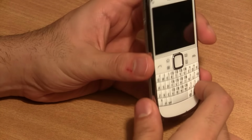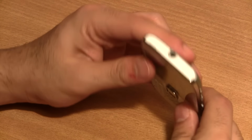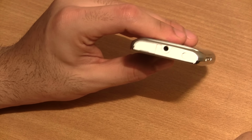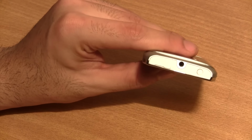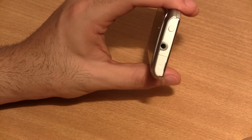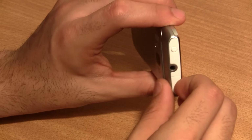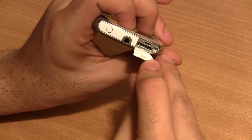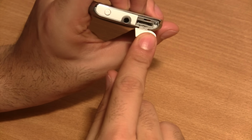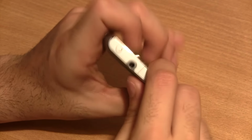All around the body you can see a really nice chrome bezel, and the top here is shaped like an N8, the Nokia N8 design that we saw earlier. So this is almost identical to that in terms of designing. And you also get a 3.5mm headphone jack on the top, along with a micro SD card port. So you have a micro SD card port which is behind this door over here, and you have the power